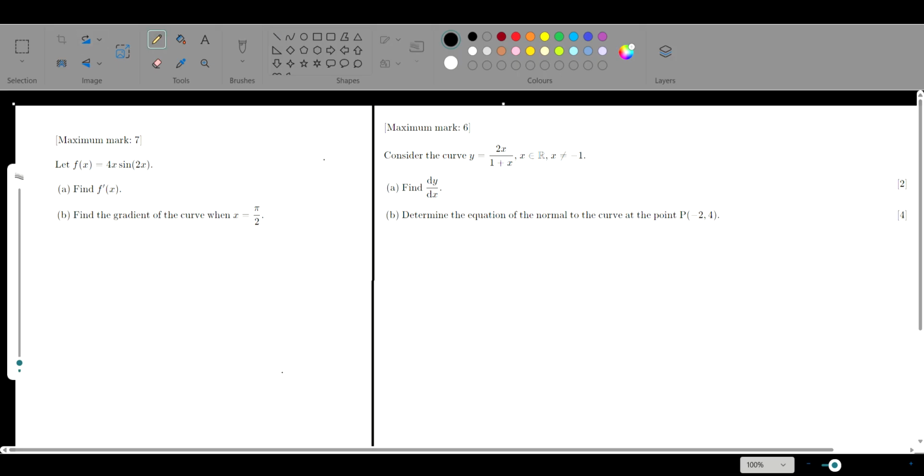Let me help you. So we need to differentiate this function, that is 4x sine 2x. If I look into this function, I am able to identify that there are two functions in the product form here. One is linear, 4x, another is trigonometric, that is sine 2x, right? So we're going to use the product rule here. Using the product rule here,